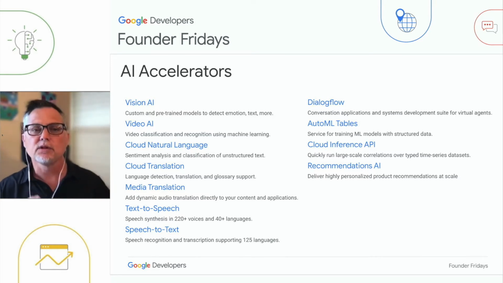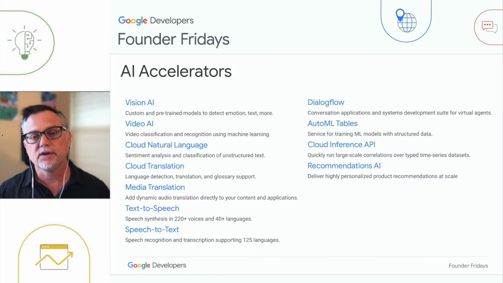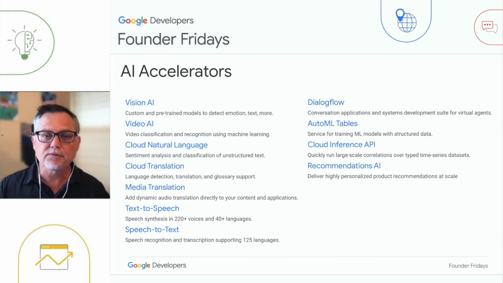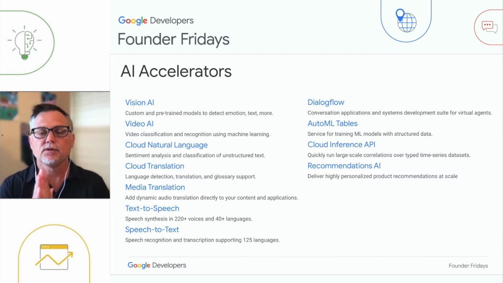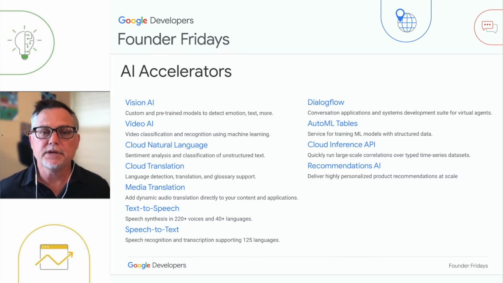Perception AI is what a lot of people call it, which includes images like Vision AI and Video AI. It also includes perhaps a little bit of media, so you can really understand. We used to call it sight, and now it's perception. Second thing is conversational AI, which includes Dialogflow for chatbots. It's the number one chatbot tool. Speech, text, translation, and natural language. And then, of course, little things like Recommendations AI.